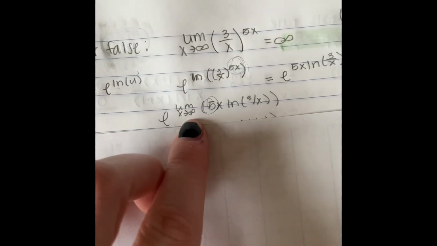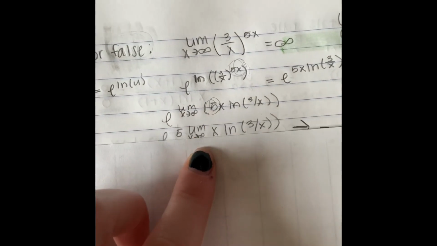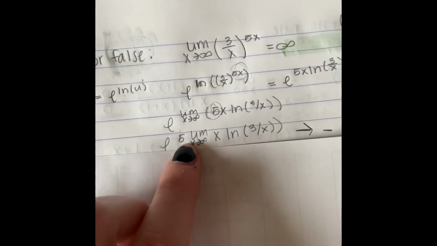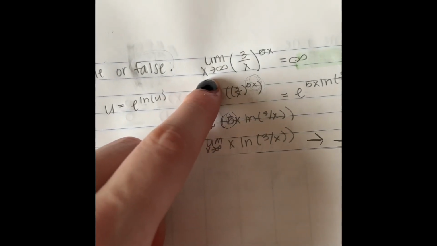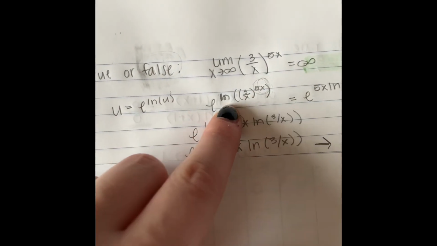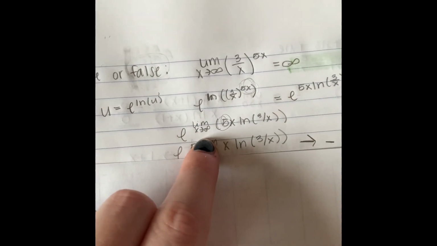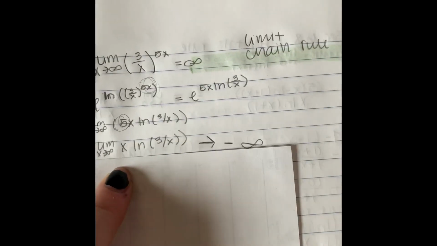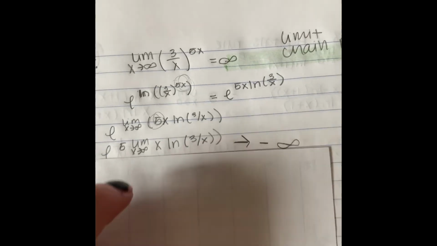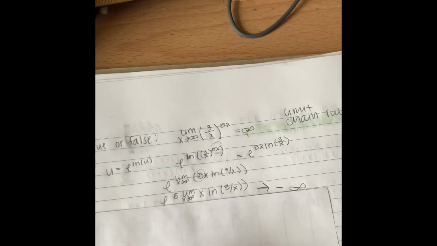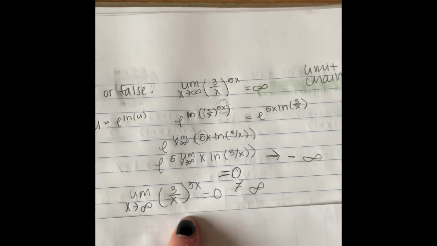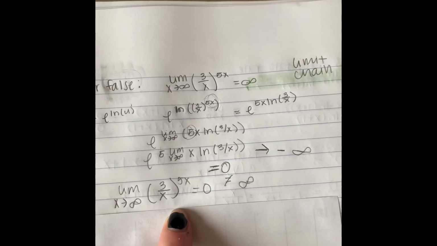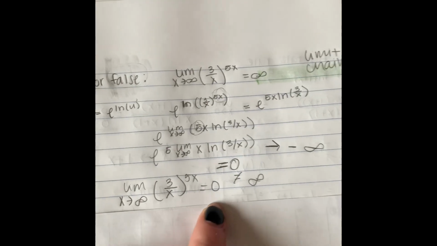Oh, this was just rewritten too. So then you take that 5, rewrite it again so that it comes out in front of that limit. So basically you just took this problem and put it up as the exponent to this e. And then this actually ends up approaching negative infinity. It just continues down forever. So because of that, it equals 0. And so therefore, the limit as x approaches infinity of 3 over x to the 5x equals 0, which is not equal to infinity, which means it is